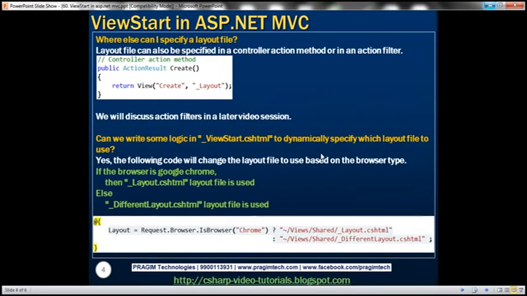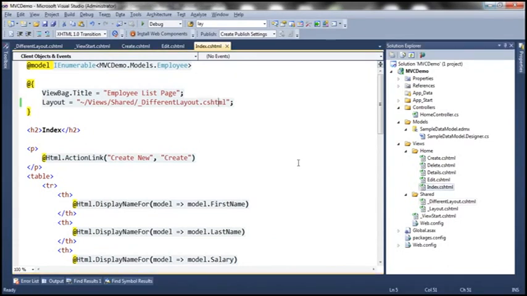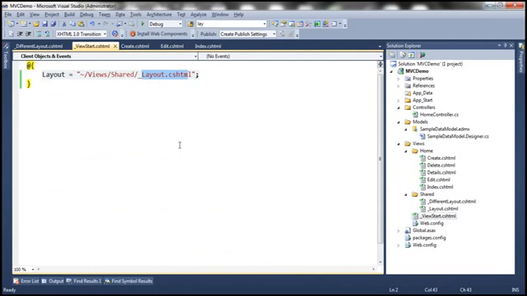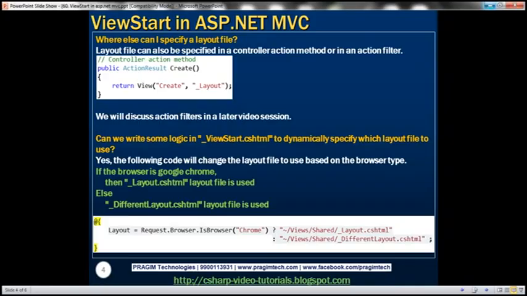file. Alright, so at the moment we know two places where we can specify the layout file. One is within the view itself, using the layout property. The other one is using the ViewStart file. Apart from these two, is there anywhere else I can specify layout file? Absolutely, there are two more places. You can specify that in a controller action method or in an action filter. We'll discuss action filters in a later video session, but how can we specify a layout file in a controller